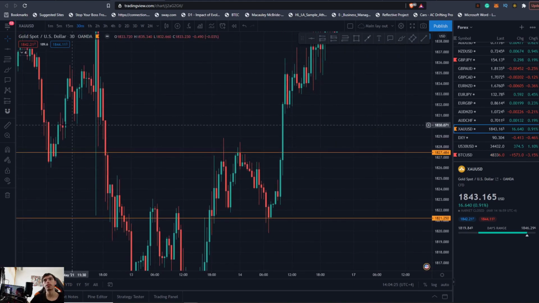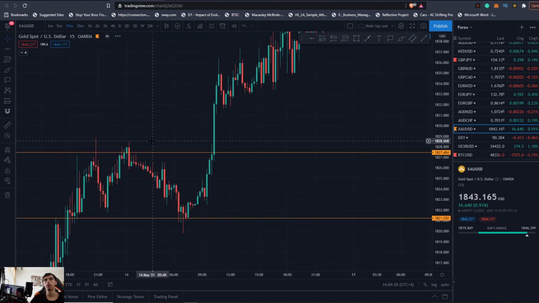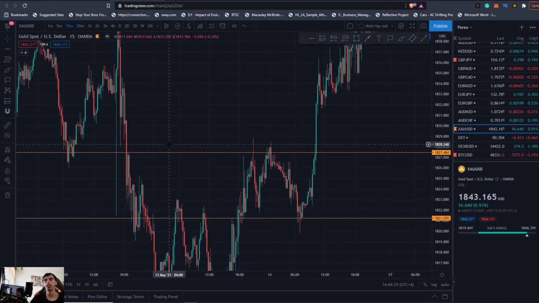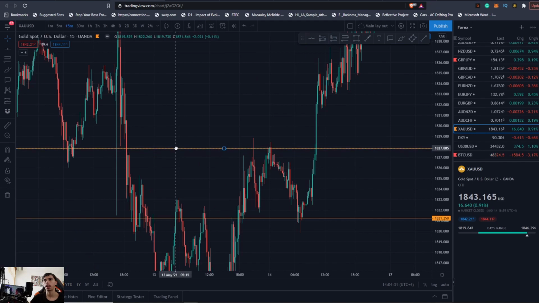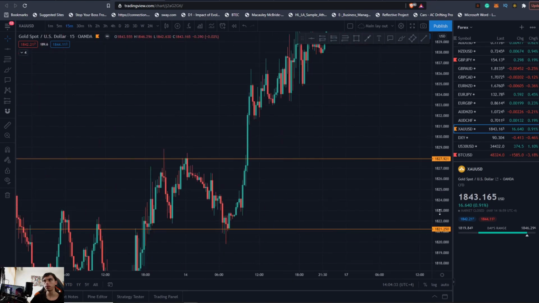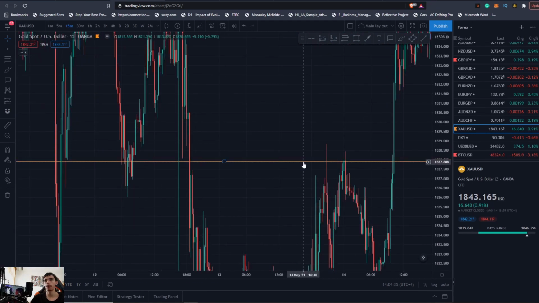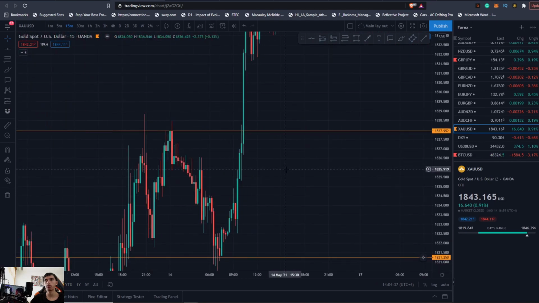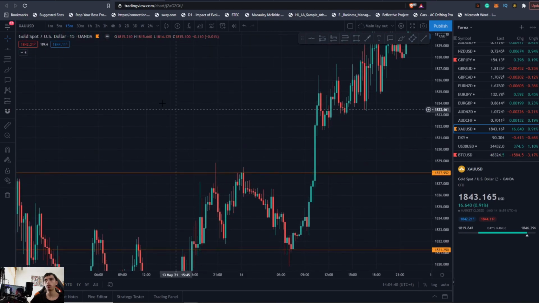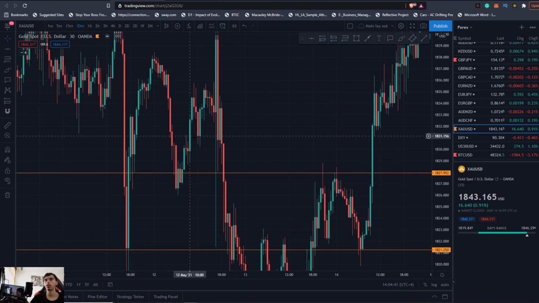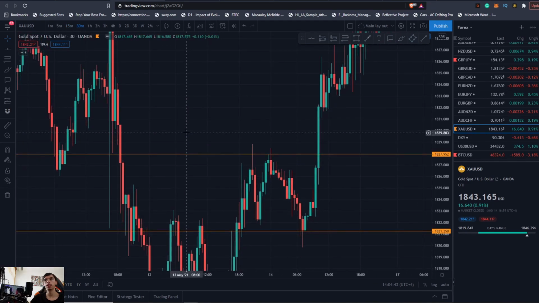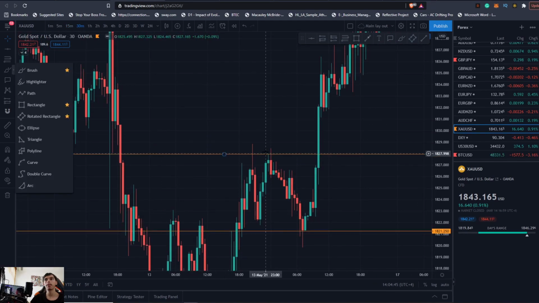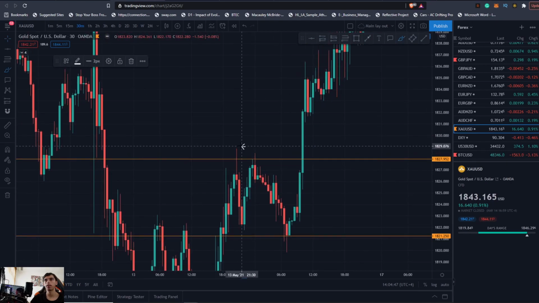Obviously here we have this clean area here to fill. The 15-minute will look even cleaner here, so you can see that like so. And you can see how you would have never got it. So what we want to look for, and I'll show you how you could have got the trade on this, is, if you want to be safer with gold, taking an impulse entry above this area here, unless you're very